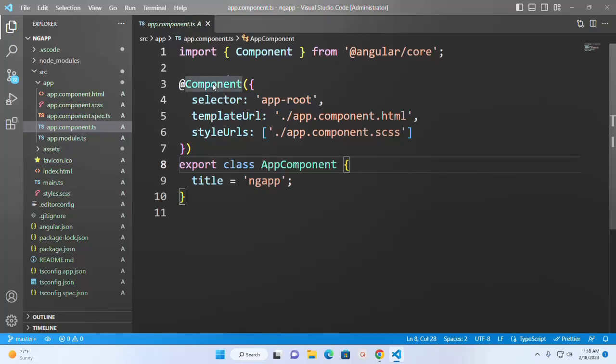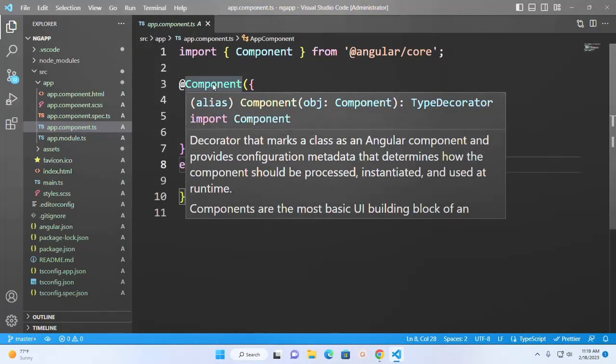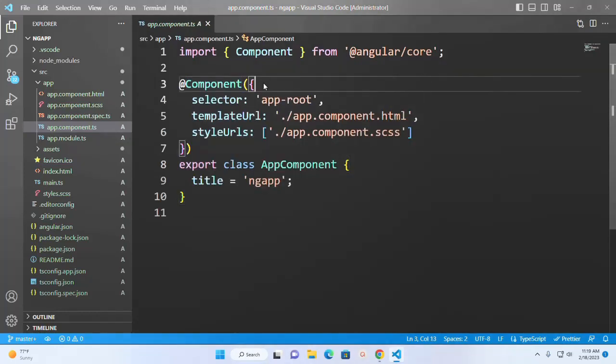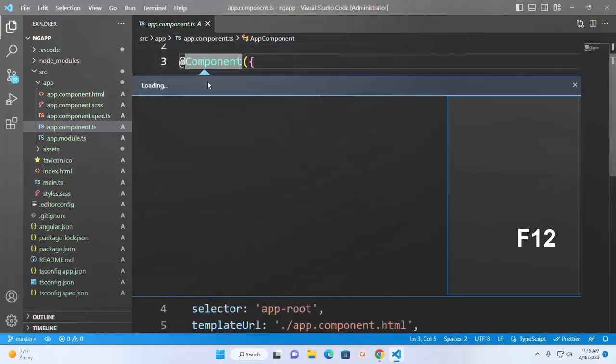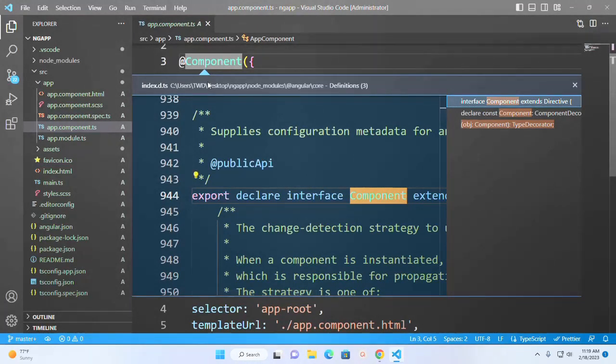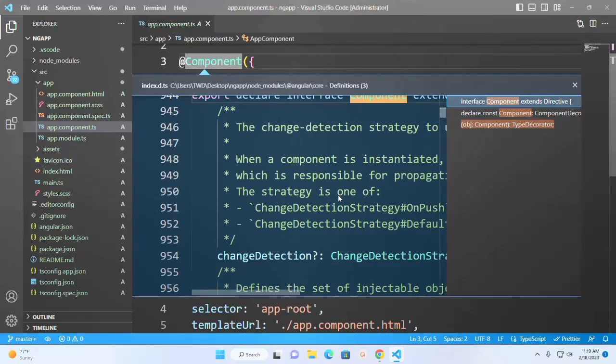Hover your mouse on any key item and here you will see the information about this key item, and also you can go to the definition or peek a definition. Click on any key item and press F12 and go to the definition for the key item